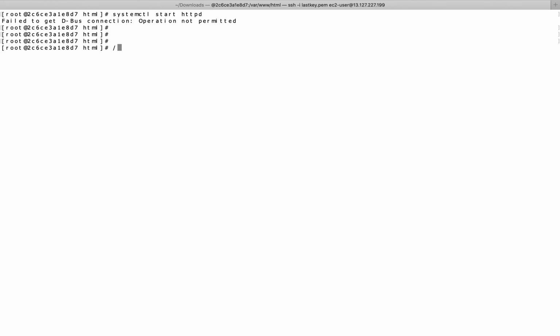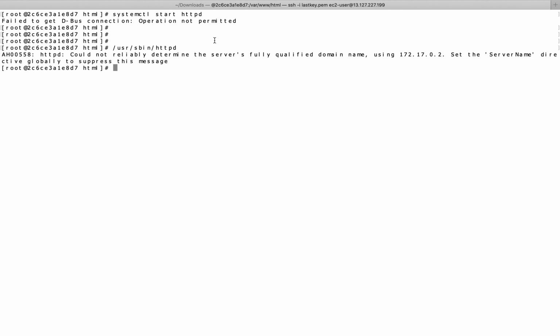we just need to go to the usr/sbin/httpd folder. This is where we get the IP of this, and using this IP we can go to that web page.